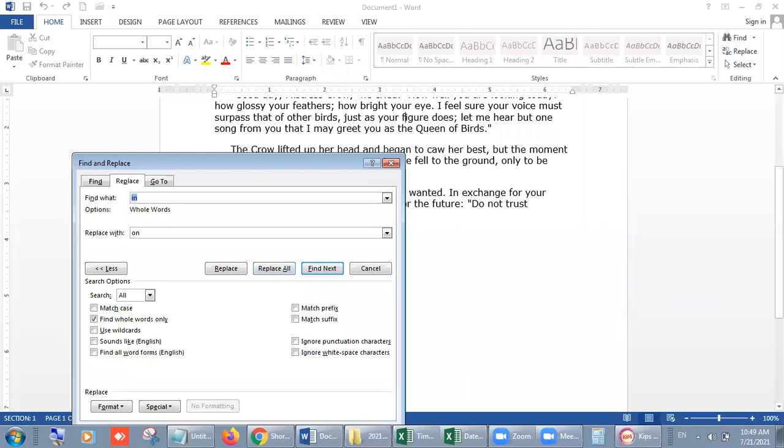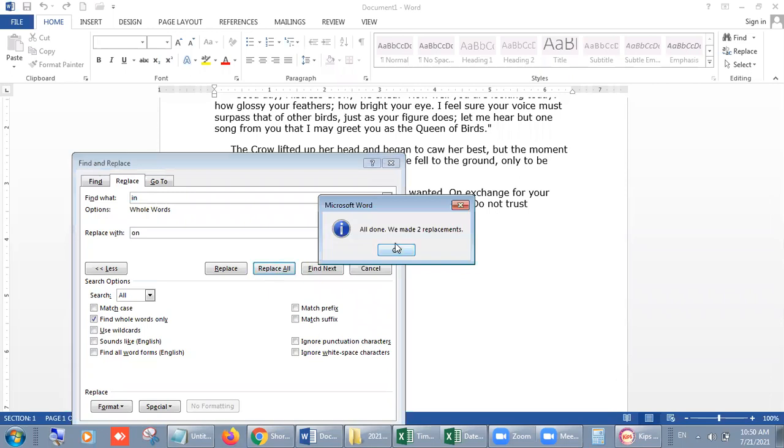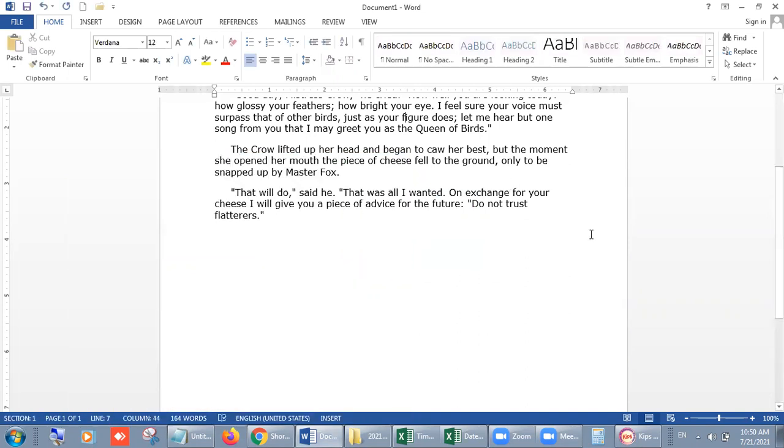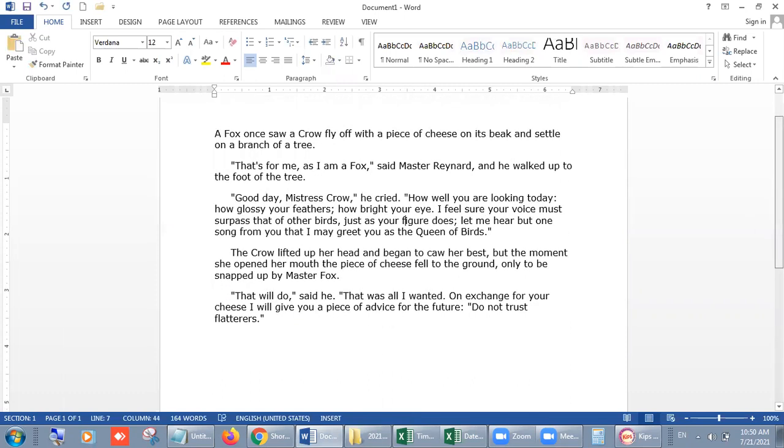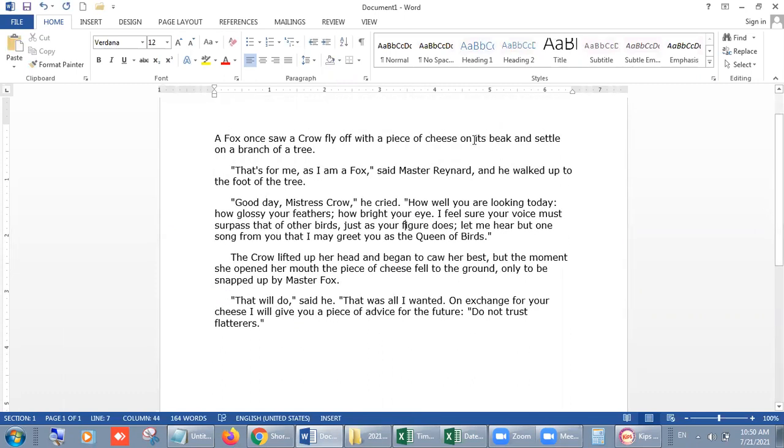देखो दो जगह मेरे पास "in" है. Now I am clicking on the Replace All button. Look what will happen. Replace All. उसने बोला all done. We have 2 replacements. उसने कहा कि हो गया है, और हमने 2 replacements किए. Okay बटन कर दो, इसको close कर दो. Now you will see in only one click you can replace all the letters in the document. देखो ये भी change हो गया और ये भी change हो गया, only with one command. I hope you are getting my point.